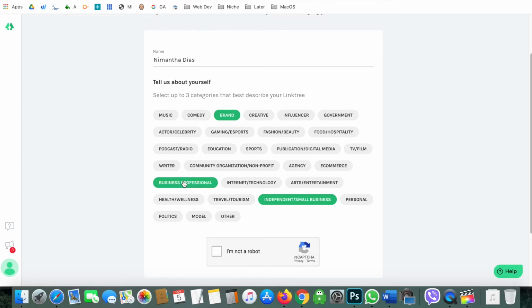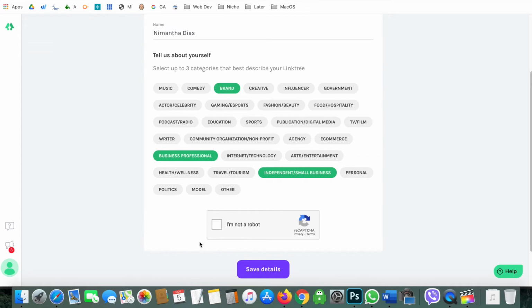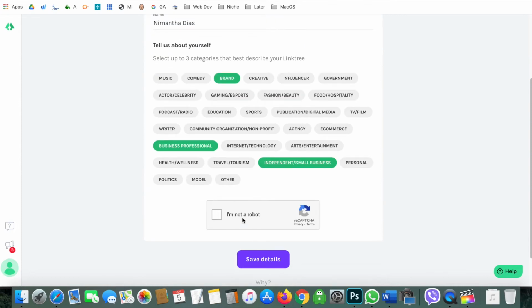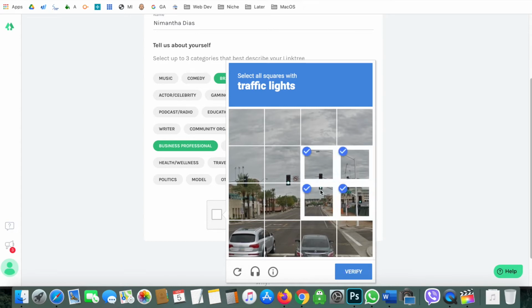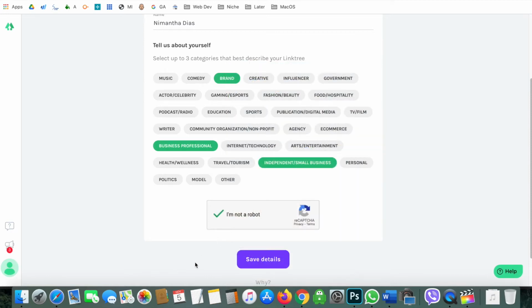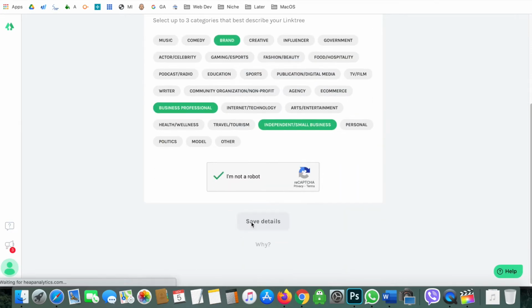Okay, just put this. Not a big deal, but try to put something relevant. Okay, yes, and then tell that you are not a robot, traffic light. Okay, and then verify, and then save details.